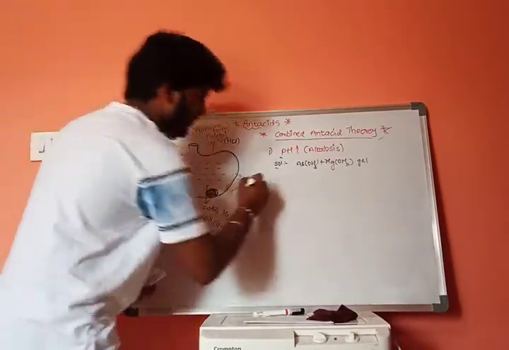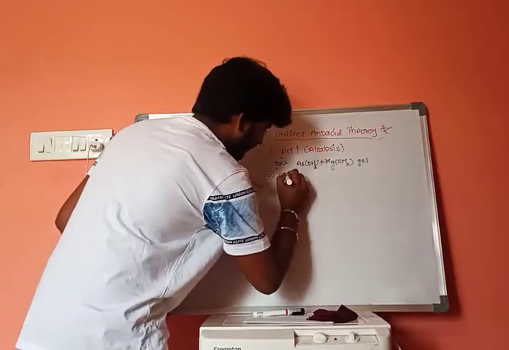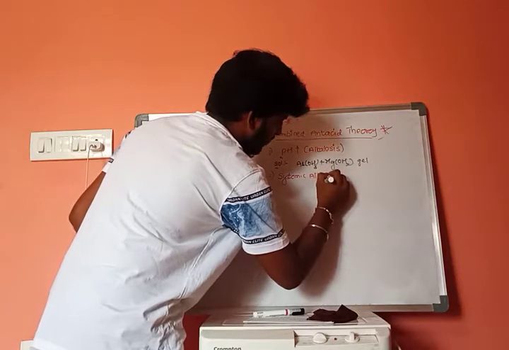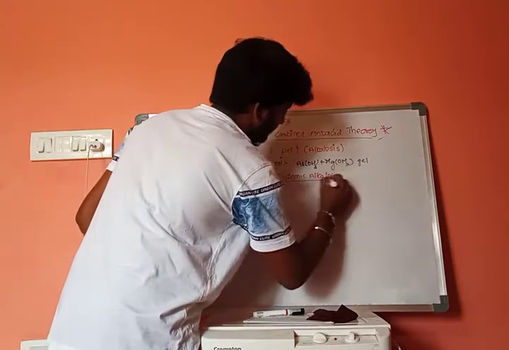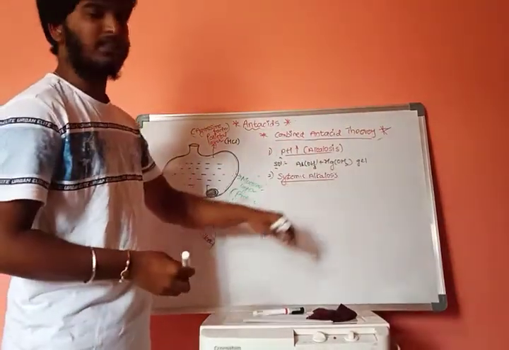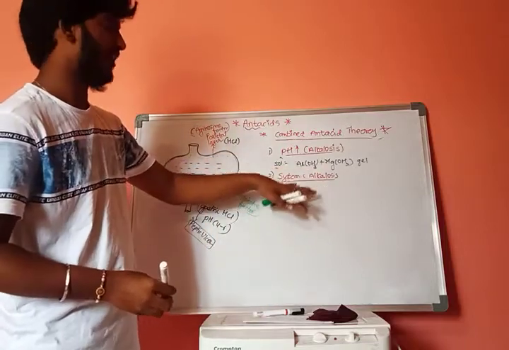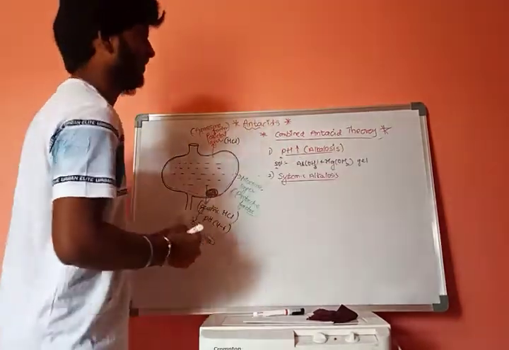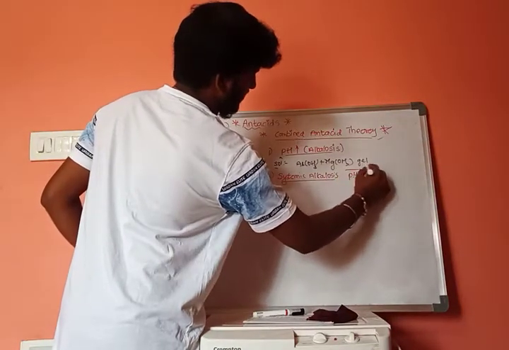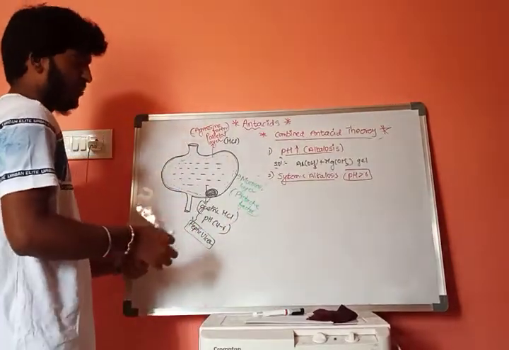And if we discuss the second problem, that is systemic alkalosis. What is systemic alkalosis? Systemic alkalosis results whenever the pH value is more than 6. It results in systemic alkalosis. Now, the solution for this is